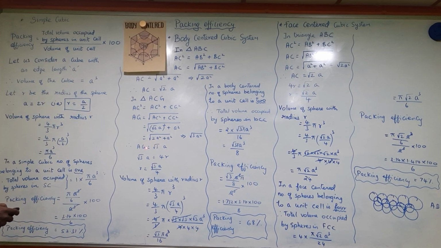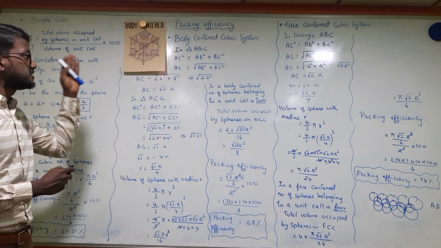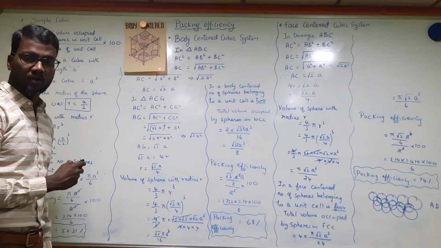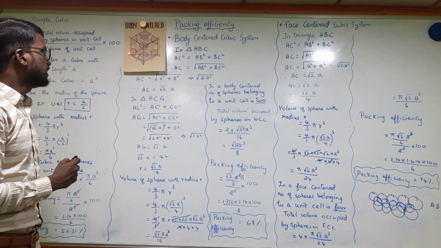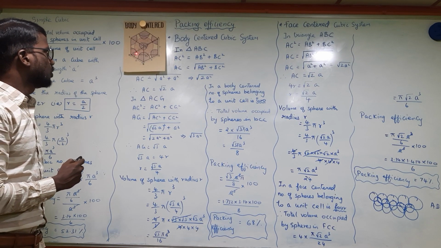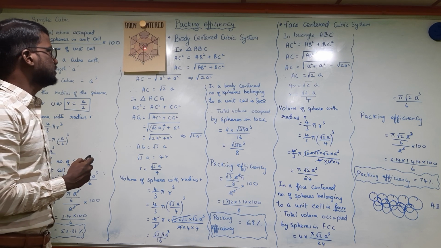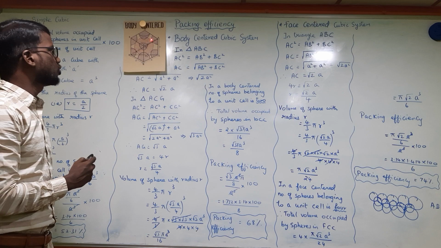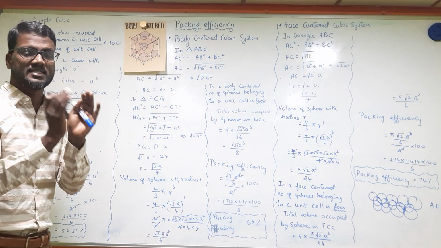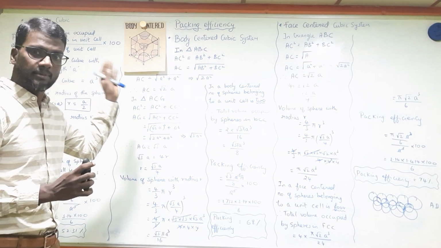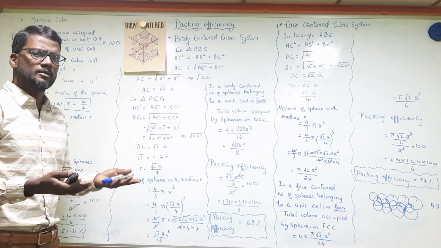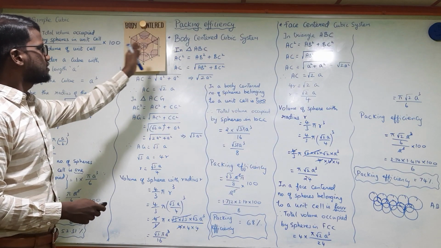Okay, so now what is AG actually? See, I told you all the atoms in the corner touch the atom in the center of the body. Then if this is r, the radius of this sphere, what about this length from here to here? This length is going to be the diameter of the body centered atom. Diameter is nothing but 2 into radius, so I can take it as 2r.